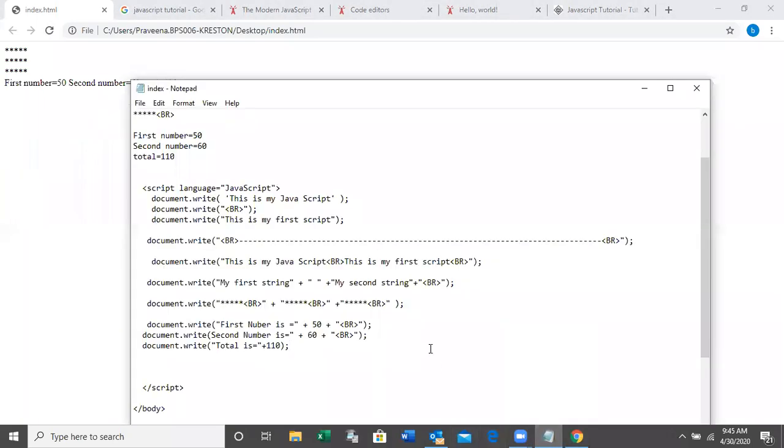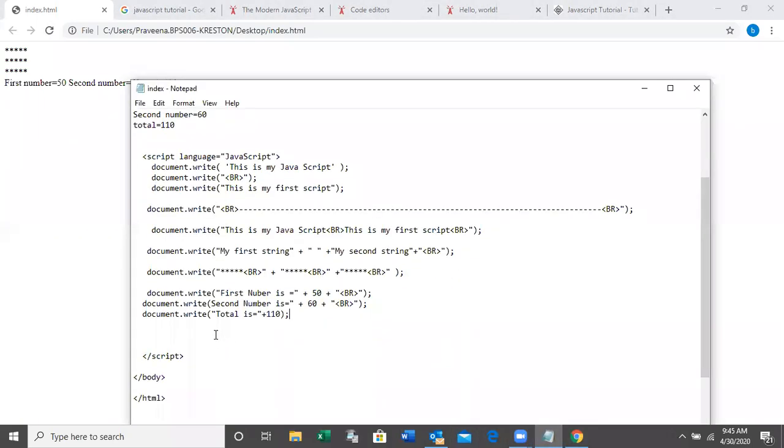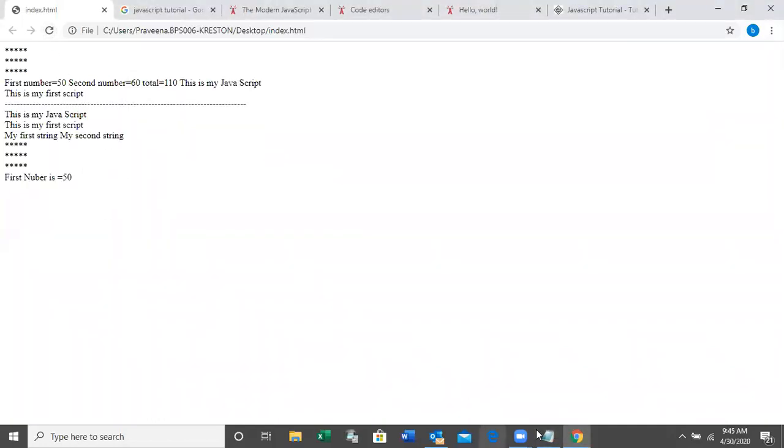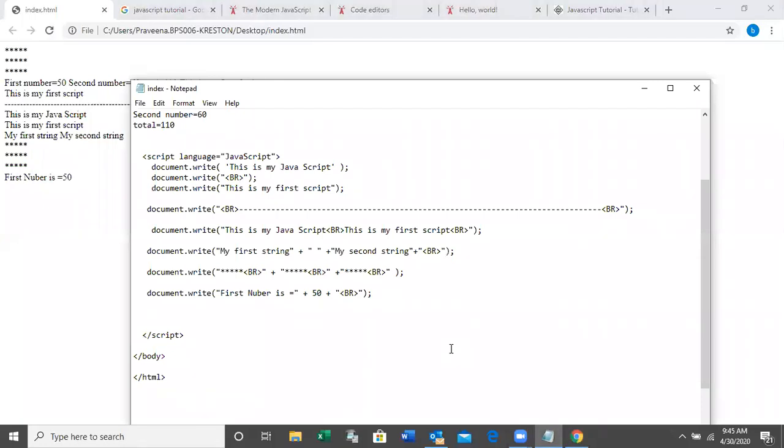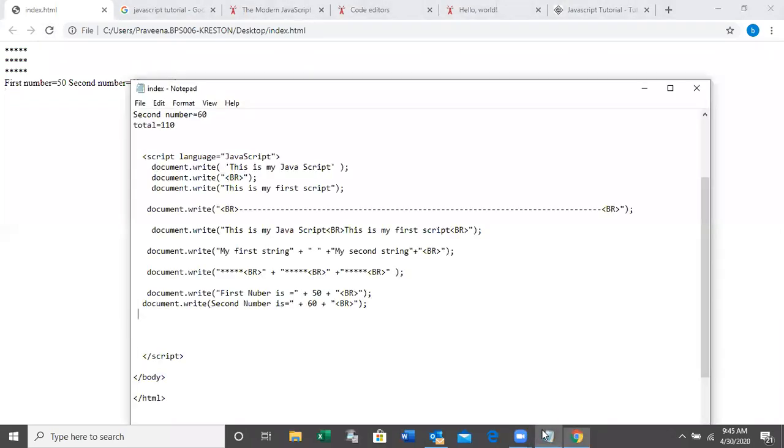See here. Something is wrong. First number is 50, right. So the mistake is in the second line.